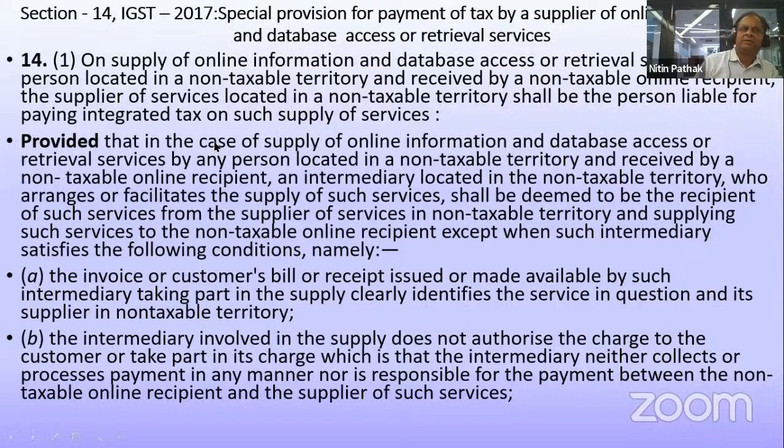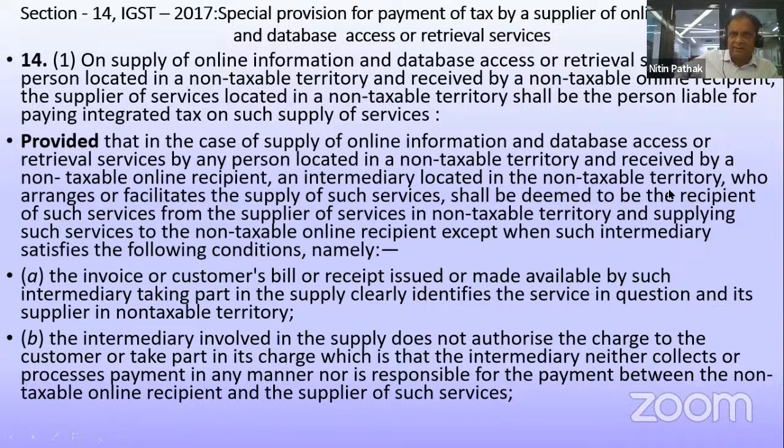IGST on such supply, provided that in the case of supply of online services by any person located in non-taxable territory and received by a non-taxable person, an intermediary located in the non-taxable territory who arranges or facilitates the supply of service shall be deemed to be the supplier. So there is an intermediary here. Intermediary is defined under the section. Okay. In that case,